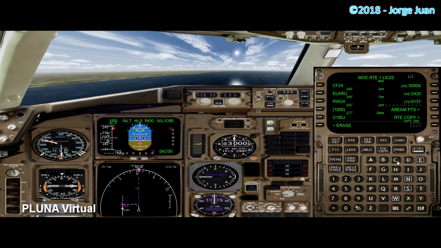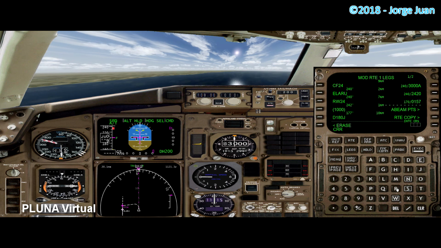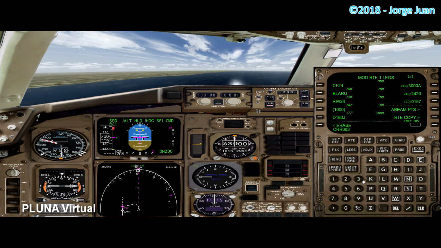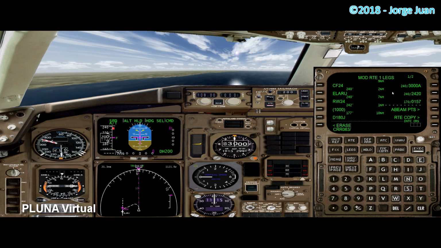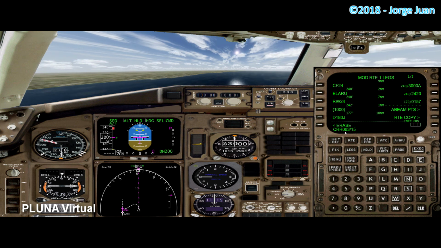using the VOR at Carrasco. And the VOR there is Charlie Romeo Romeo. I'm going to use the radial 063. It is the reciprocal of the runway 24 that we're going to be landing on, and the distance. So we have 9 miles from that point, that fix CF24. I'm going to go 15 miles out. So it is station radial Charlie Romeo Romeo radial 063, distance 15 miles, and I'm going to insert that